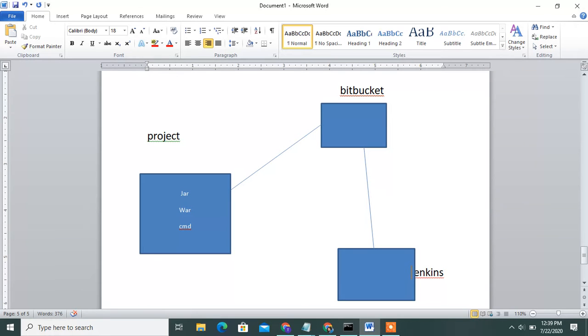Then you install the Maven plugin in Jenkins and can run the Maven project. You copy that URL and add the credentials. Then go to the build section, where you write the Maven goals, like package. Then you can deploy the application successfully to the access repository. That is the scenario.